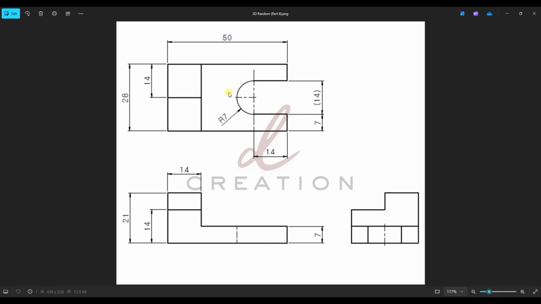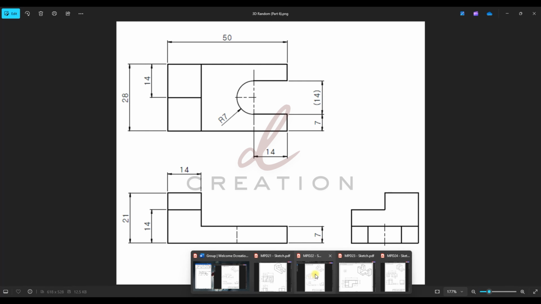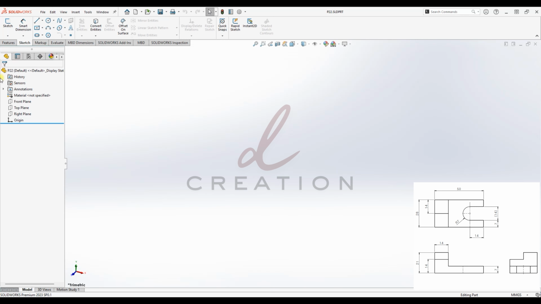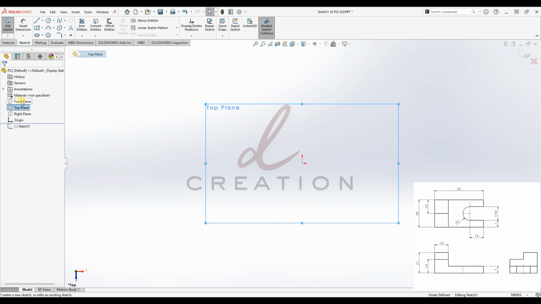Today I'm going to use the top view to create the model, and other than that, we also can use the front view to create this model. First of all, I'm going to show the top view method. I'm going to select the top plane to create a new sketch, and then using the line command,